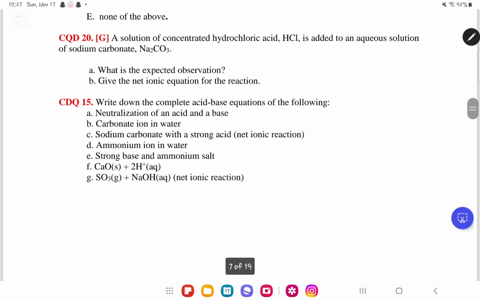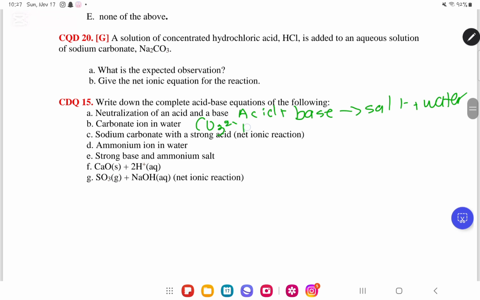Now we move on to CQD number 15. We need to write down the complete acid-base equation of the following. We're doing a neutralization of an acid and a base. Very simply, acid plus base will give us salt and water. Very simple. Carbonate ion in water. Carbonate ion is CO3 2-. What we are going to do is separate them into their ions. So CO3 2- is already CO3 2-. H2O separated into its ions is H+